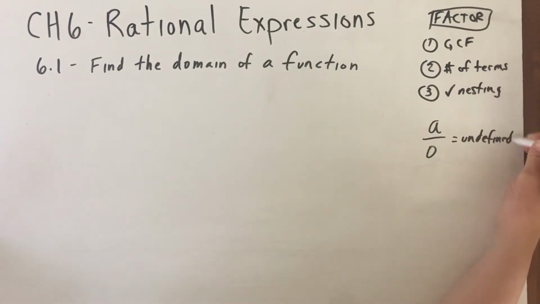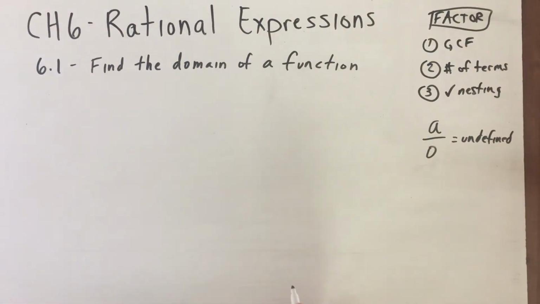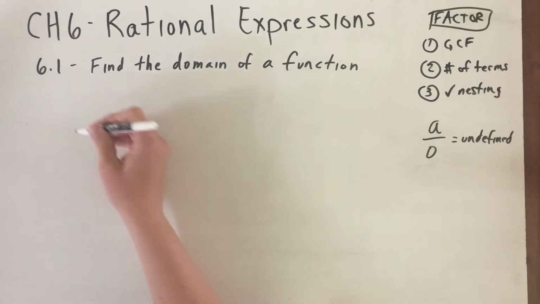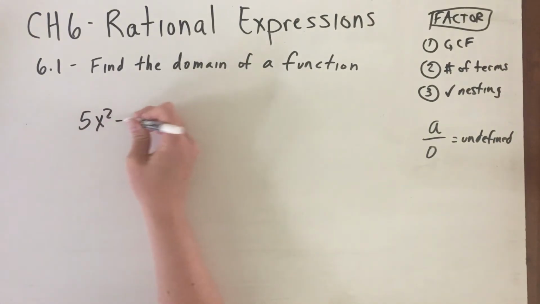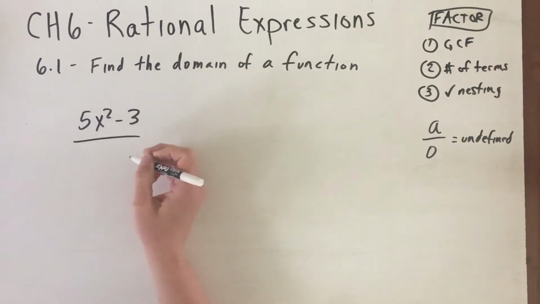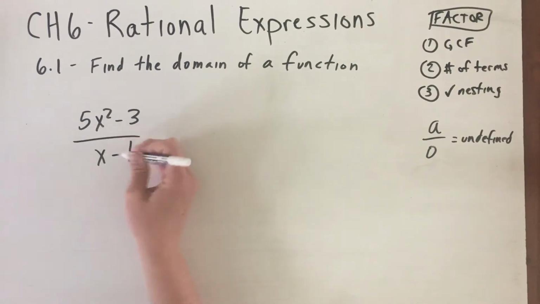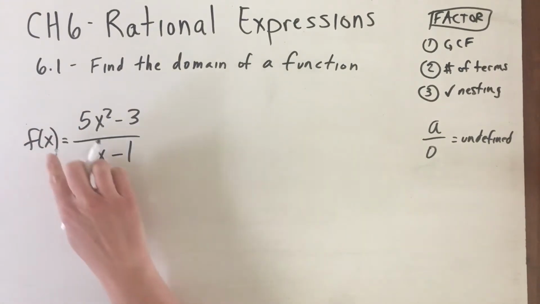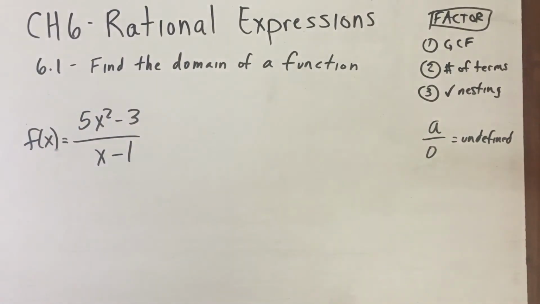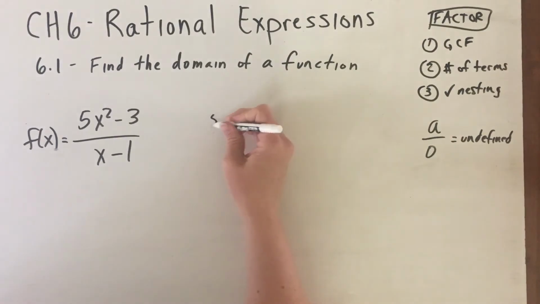Okay, so if I have a function, say, 5x squared minus 3 over x minus 1, and this is my function. So I can plug values in here all day. Again, I could plug 1 in for x, I could plug 2, 3, 4, 5, whatever. Plug anything in. But only when I plug in 1